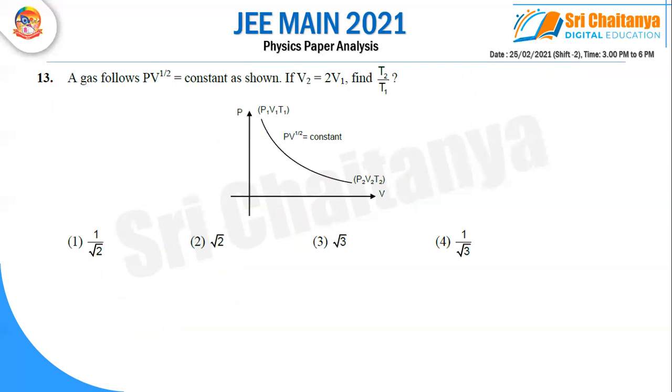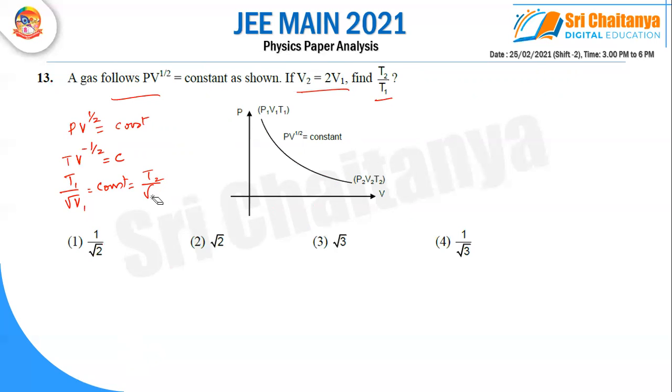Okay. So a gas follows PV power half is equal to constant, and V2 is given as 2V1. He is asking T2 by T1. So the meaning is PV raised to the power of half is equal to constant. Okay. So when I convert this into TV relation, it comes out to be TV power minus half is equal to constant. Okay. Now the meaning is T by root V is equal to constant, and that is equal to T by root V. And if I put suffixes, now this will be